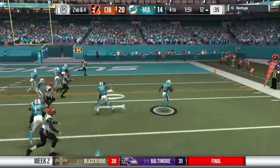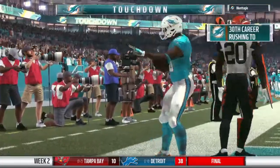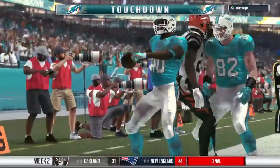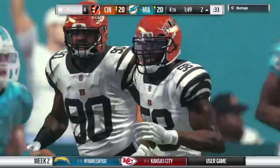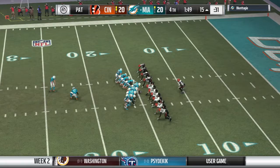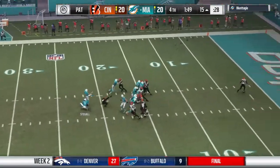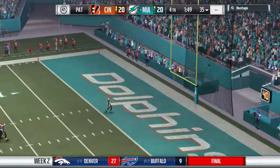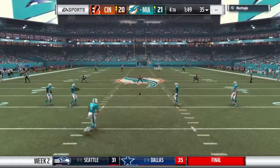Now they'll run it on the toss. And he'll take this into the end zone for a Dolphins touchdown. A great effort there. His first touchdown here of the new campaign. And the Dolphins can take the lead with the extra point. And it is good. So they take the lead, and now the pressure falls on their defense to try and